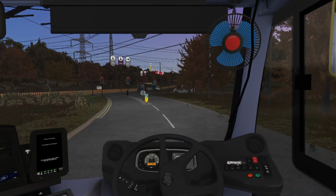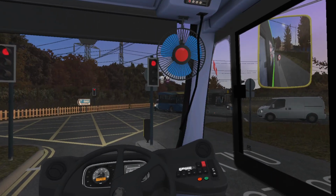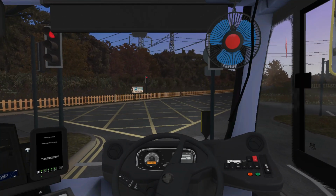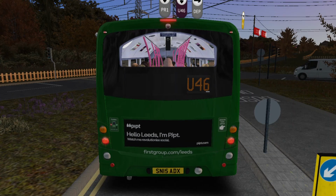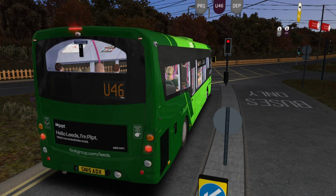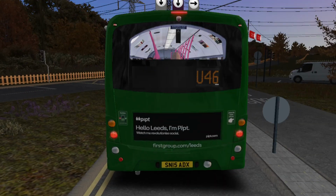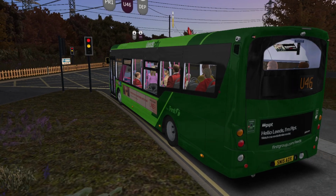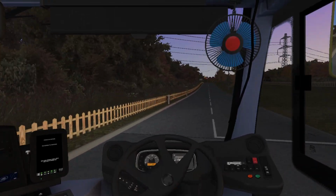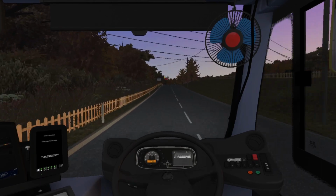So for context as to where we're starting, the First Yorkshire garage in-game is just down that road where the 83A is going. So just down there. I thought it had been a little bit since I'd driven the Streetlite, especially the 10.8 metre one, and I thought, well, why not a bit of LeedsCity green? Never hurts from time to time, although I am more of a fan of the South Yorkshire repaints that have been done, the liveries. So once again, at the time that I'm filming this, and it won't still be there when I release this,